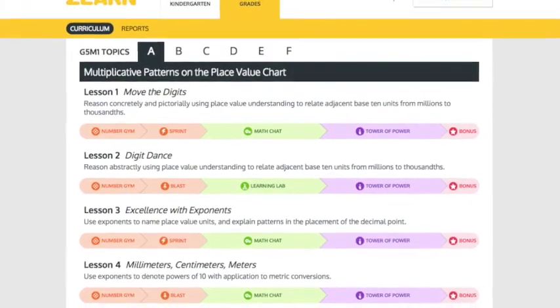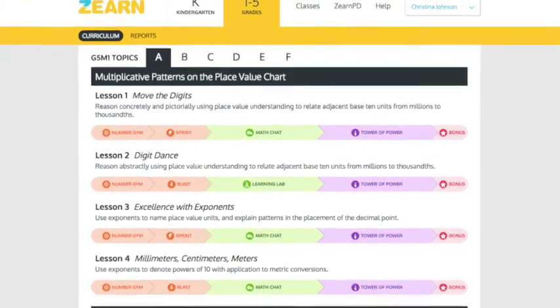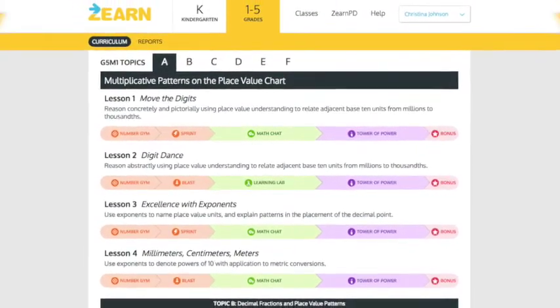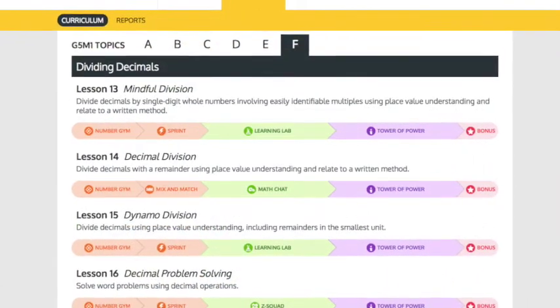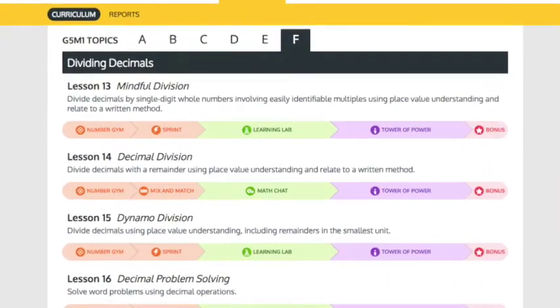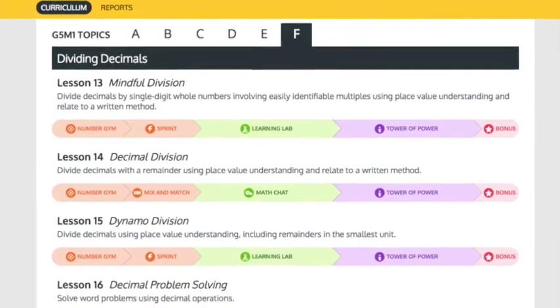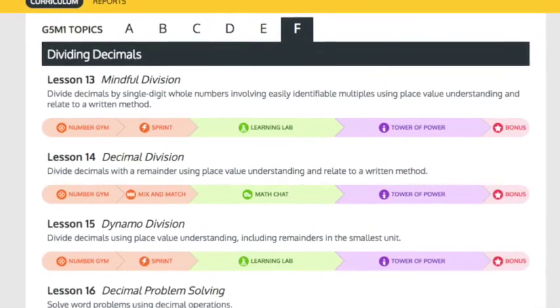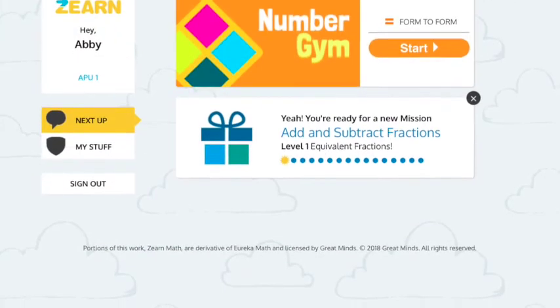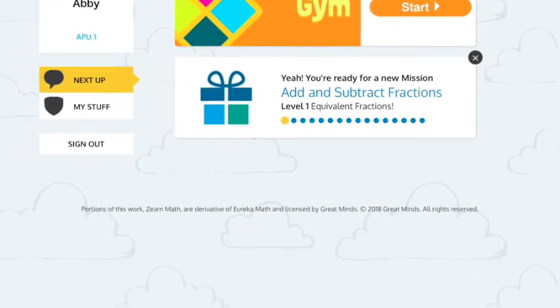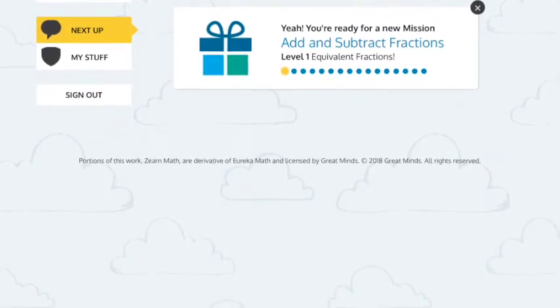Another way that Zearn provides curriculum support is by outlining the way that the student independent Zearn learning corresponds with the lessons that you're teaching. It provides the student outcomes and all the steps, like the number gym, that students will be completing for each step. As an educator, it's important to be aware of what it is exactly that you are assigning your students. Zearn lets you log in from a student perspective under the teacher account. However, I chose to log in as a student so I could also evaluate how the app responds to student use